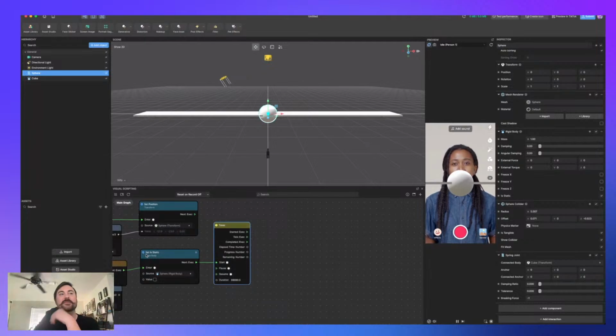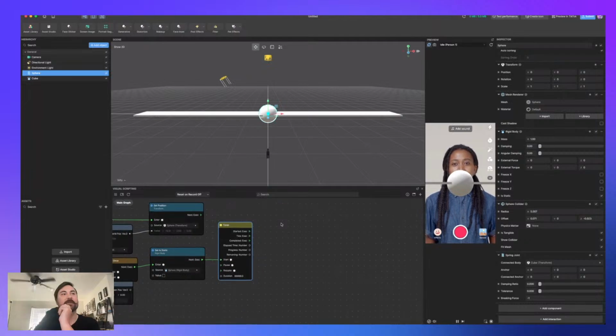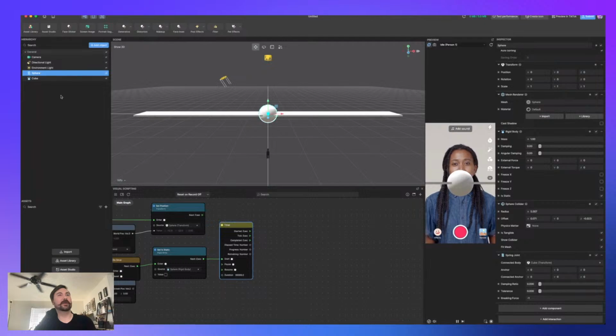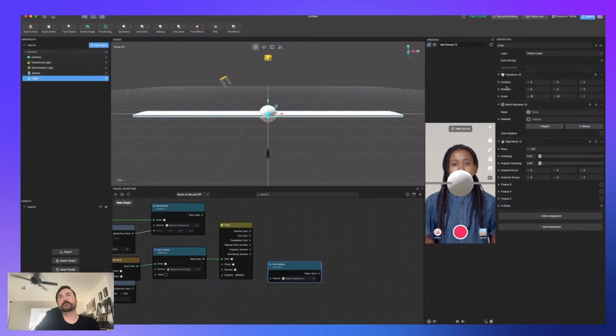So we basically released it so the spring will be able to launch it, and then if the sphere is above the cube, then we'll just say that. So we'll do get position and get position. So when the sphere travels above the cube, then we no longer want the spring to be attached anymore.